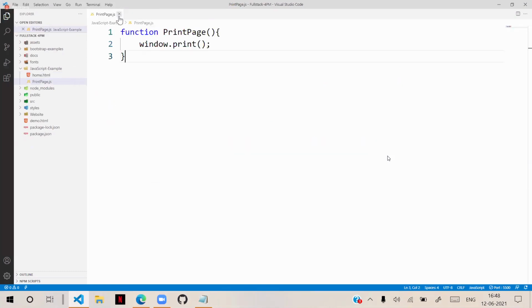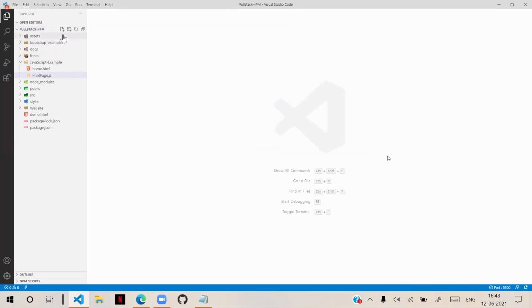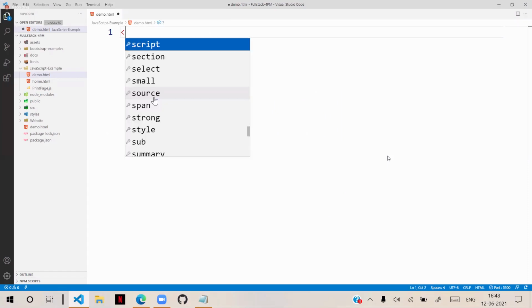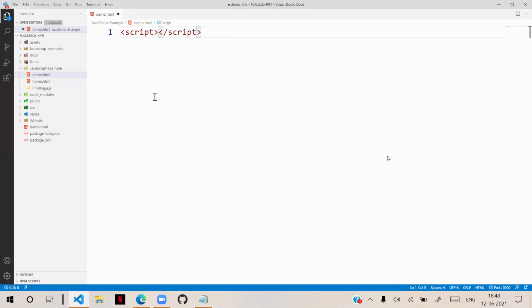So let's create one page here, demo.html. Okay. Here I am writing simply, just concentrate on what I am explaining, not on why I am writing the code like that. Just concentrate on this concept.